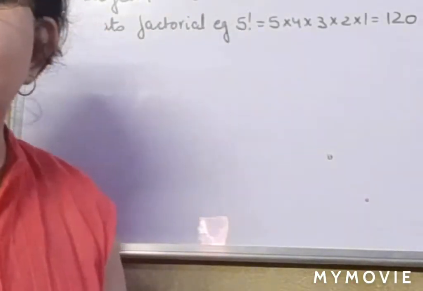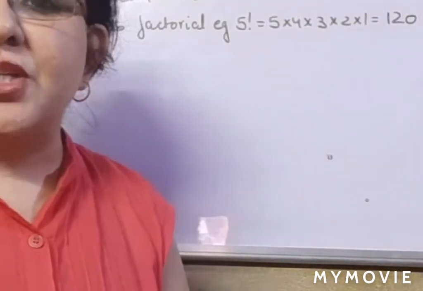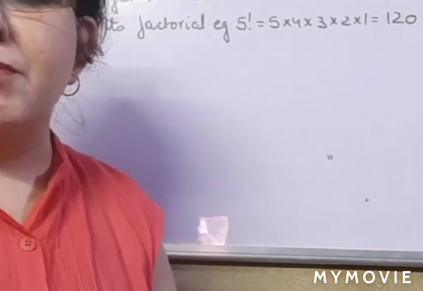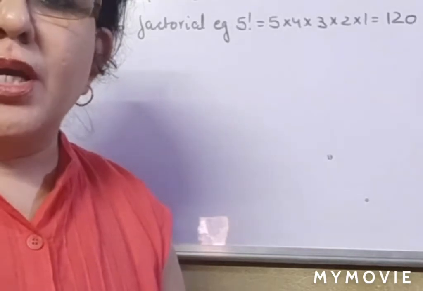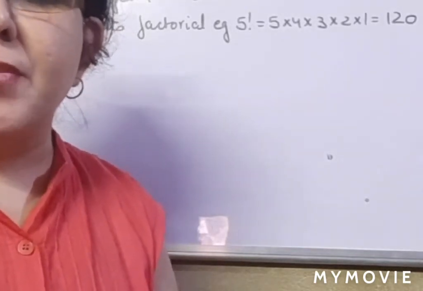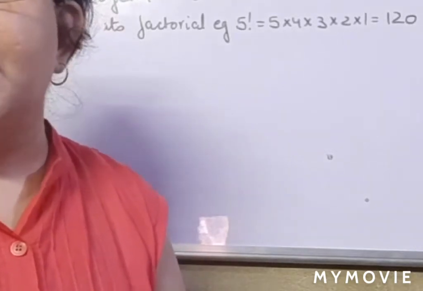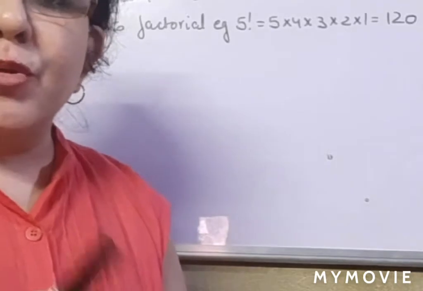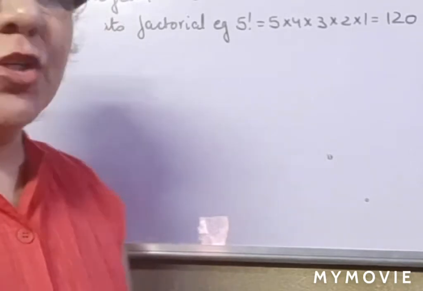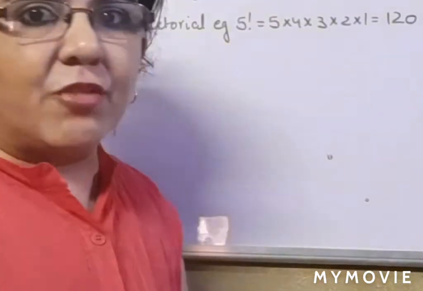Hello, welcome students. Today we are going to study about special number. That means a number like 145 in which the factorial of each digit when added to each other should give the special number. Now before we start with special number, we should be very much aware of how to calculate factorial